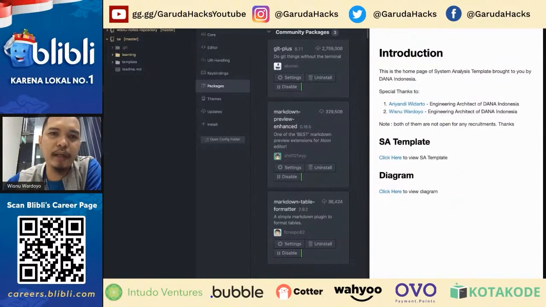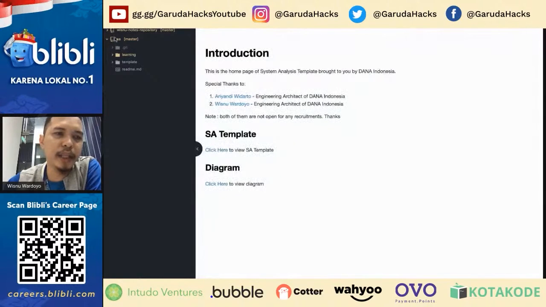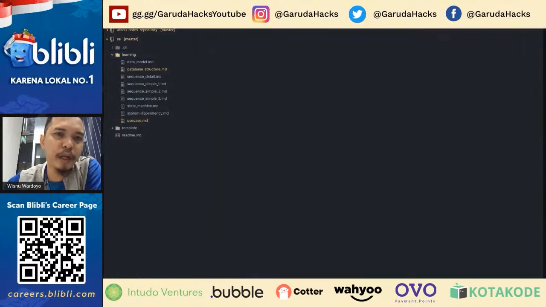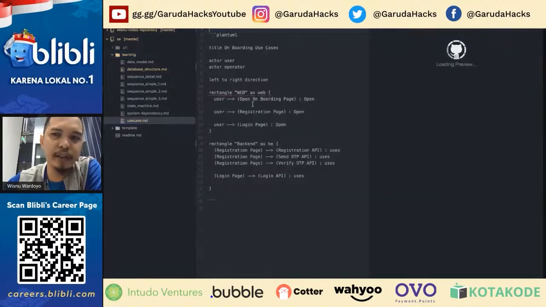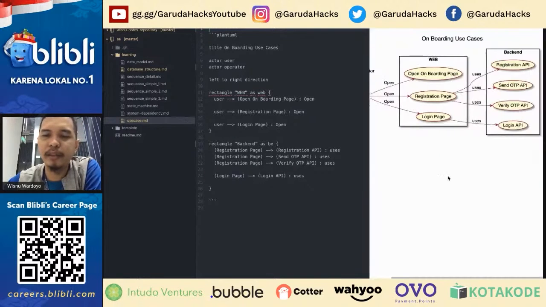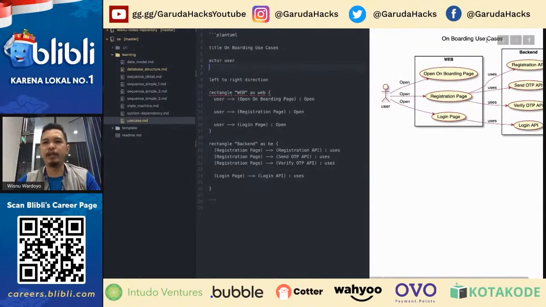So basically, you just set up the GitLab and then put the file over here, right? And when you click the file, let's say the use case diagram, it will automatically render the page over here. It's easy, right? You can just remove this, save, and it will automatically render.